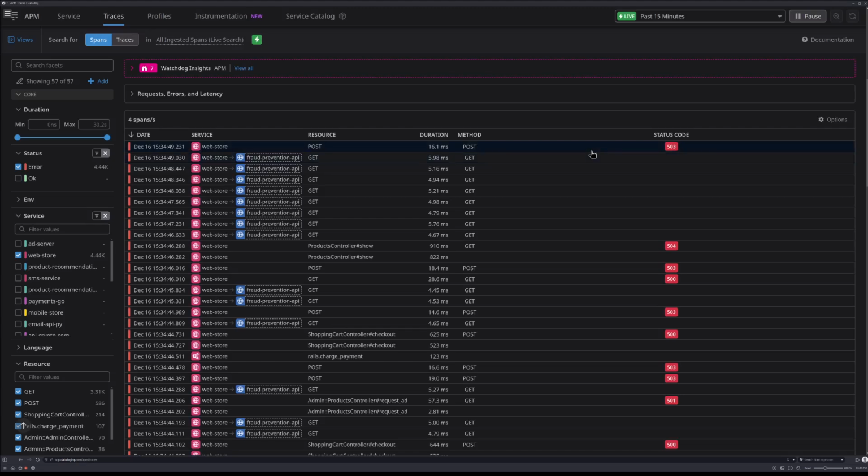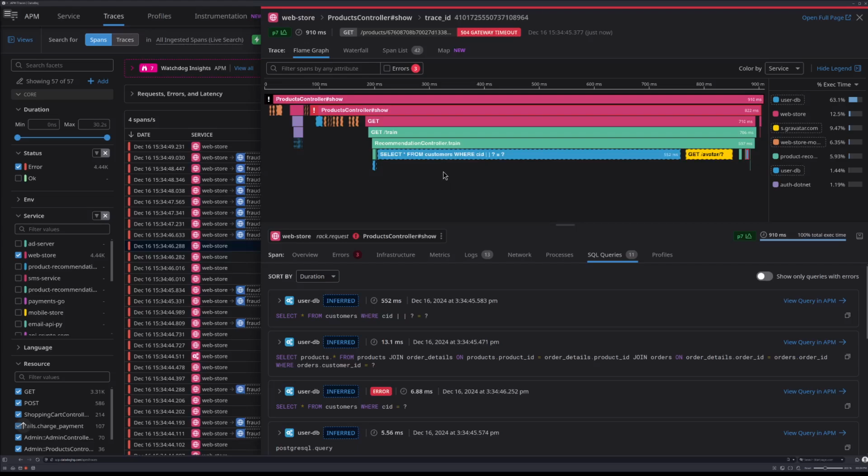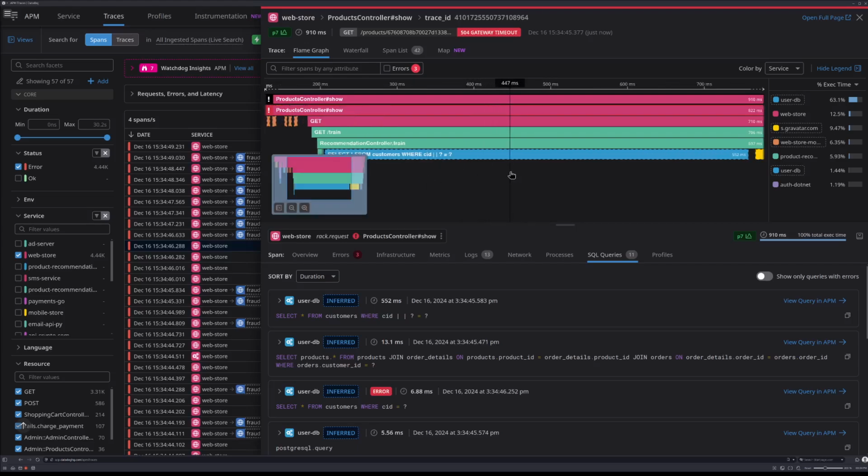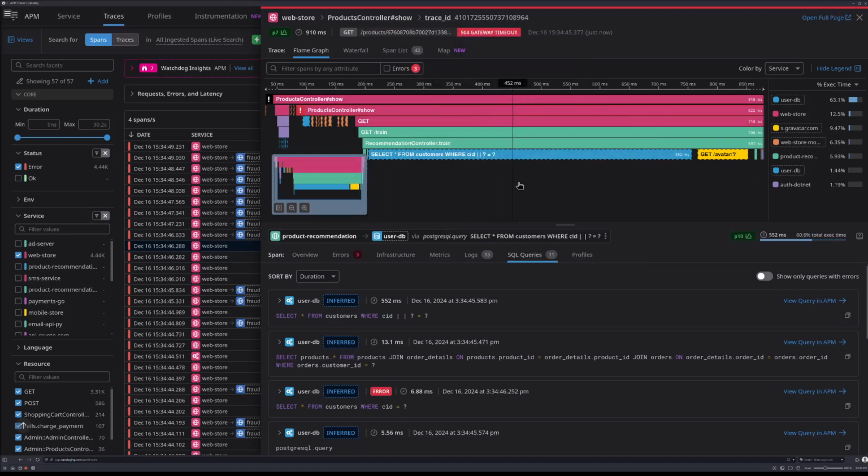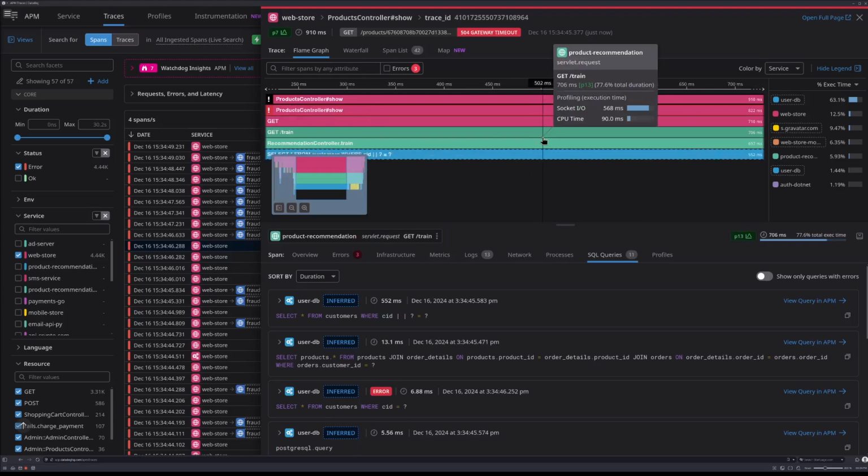We can certainly work on what we index, but you will get no sampling from your traces. 100% of these will come in. So we'll do something like we'll click in here. We'll get the flame graph, which will show us the entirety of the trace, broken down by span. So the trace being the entire operation and the span being individual sub operations or tasks that are required to